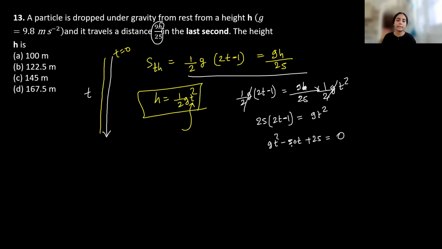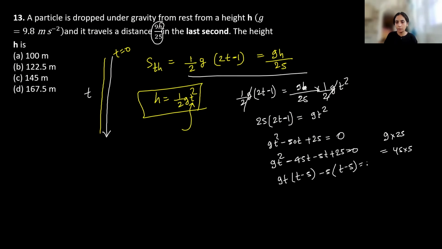अब देखो इसको क्लियरली वी कैन ब्रेक इट लाइक -45 -5, क्योंकि 9 × 25 को आप क्या लिख सकते हो, आप लिख सकते हो 45 × 5। डन है। सो क्वाड्रेटिक इक्वेशन सॉल्व करने के लिए बोल रही हूँ, ये तो बहुत ही बेसिक है। So 9t² -45t -5t +25 is equal to 0. So 9t(t -5) -5(t -5) equal to 0. So we are getting (9t -5)(t -5) equal to 0. So टाइम का वैल्यू हमें दो मिल रहा है, एक है तुम्हारा 5 सेकेंड, दूसरा है तुम्हारा 5/9 सेकेंड।